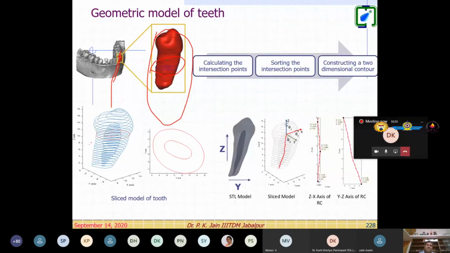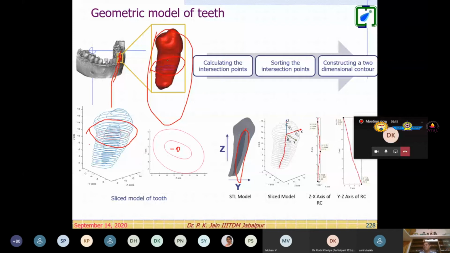You can see here, this is the two-dimensional contour, and you see here some internal contour, some external contour, right? That is the reason I was talking in the first session about this contour. Based on this contour, we find out the centroid for the contour, right? So this is the inner contour shape you can see I have identified. And based on the centroid, we have planned the path, right, in three-dimensional space, right?